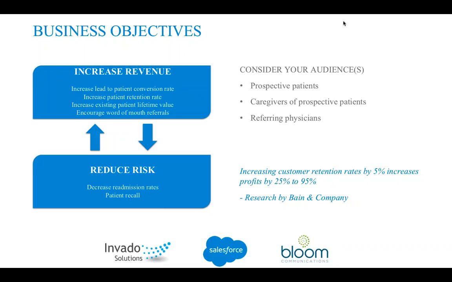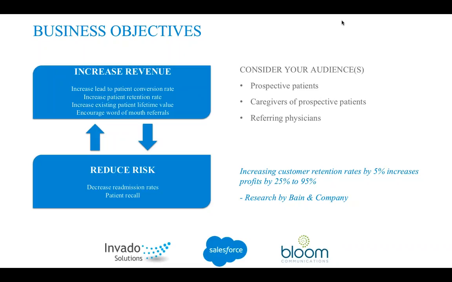Fortunately, audience and message segmentation and delivery is really easy with marketing automation, so we'll talk about that in a little bit. But getting back to objectives, we know that even the most high-performing campaigns don't immediately convert 100% of the prospects and patients that express some sort of interest in your campaign. And this is where marketing automation can come into play and help you manage ongoing communication with prospects and move them along in the sales funnel.